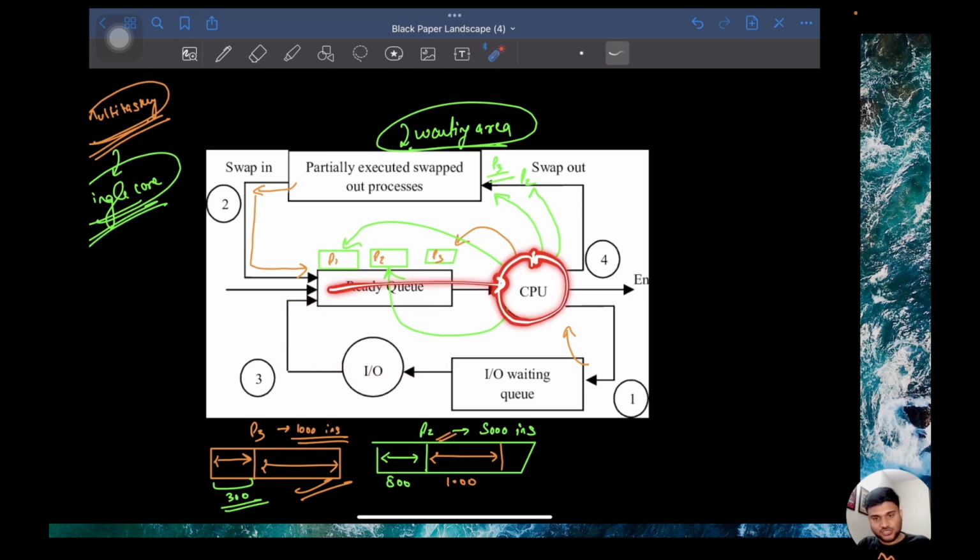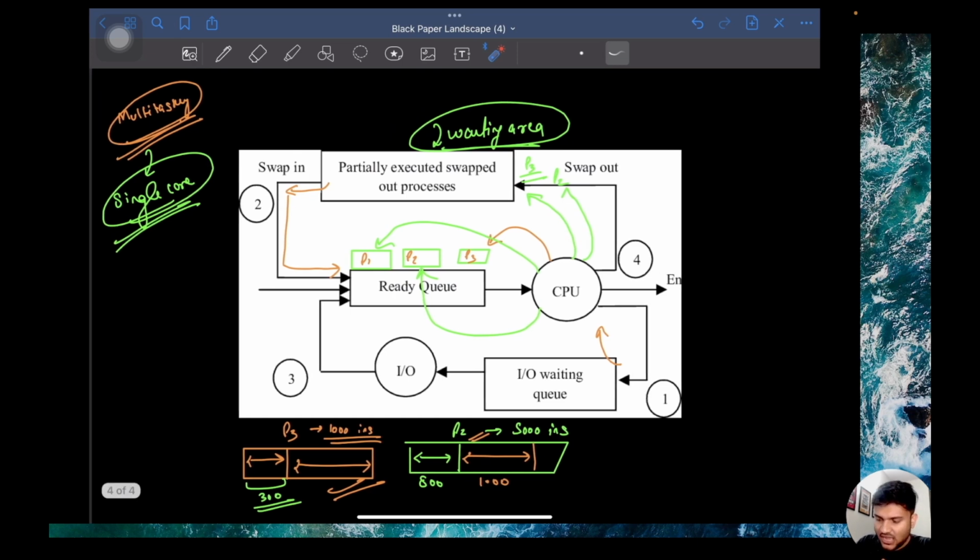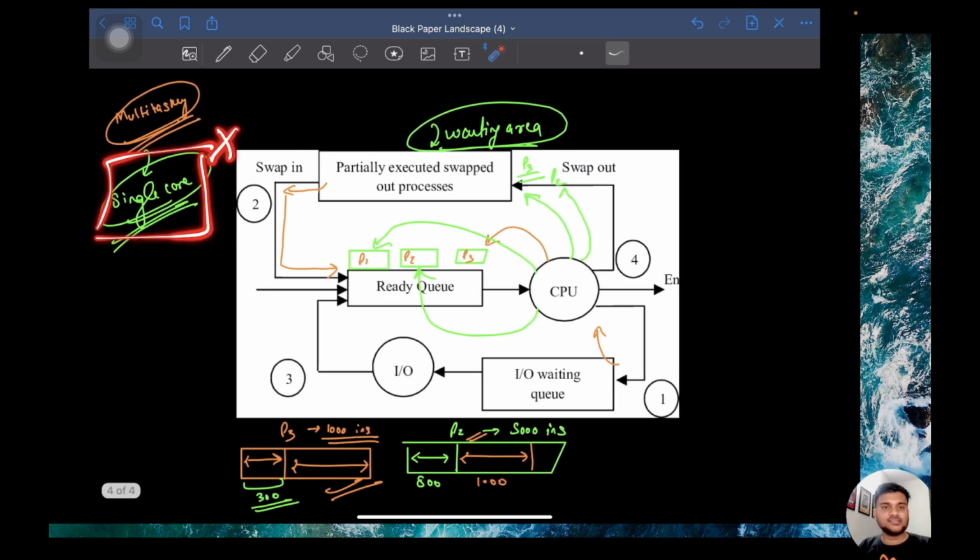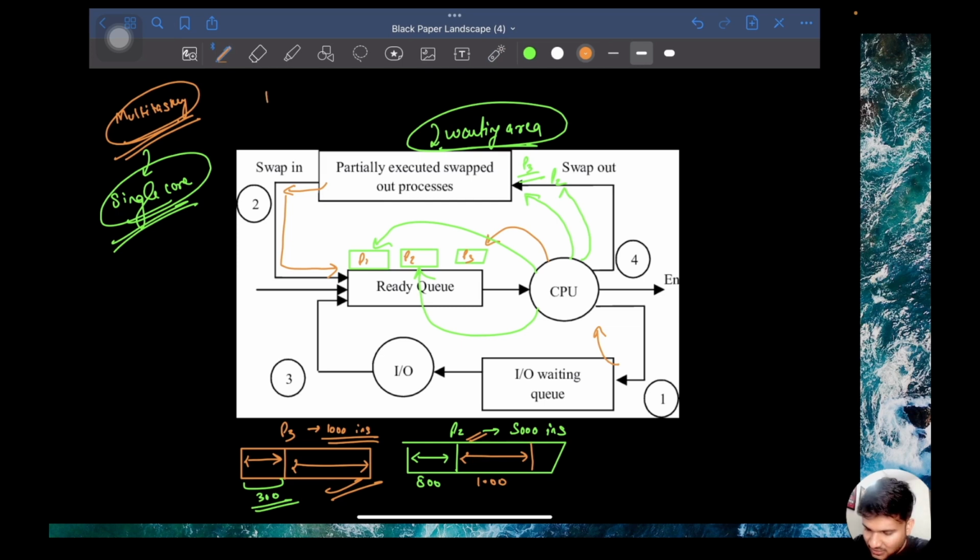If there are multiple instructions, it might execute some of them and then send them back in the waiting area. And why does the CPU do this? Because a single core cannot execute everything parallelly. Just think about it. If you are sitting at your home, you are doing the dinner, then if somebody asks you that during your dinner you have to read a book and watch a movie and do the dinner also at the same instance of time,